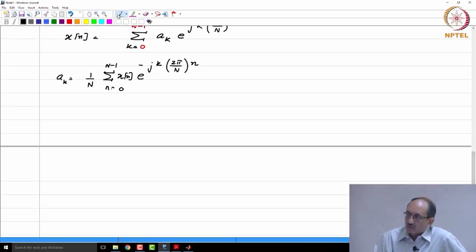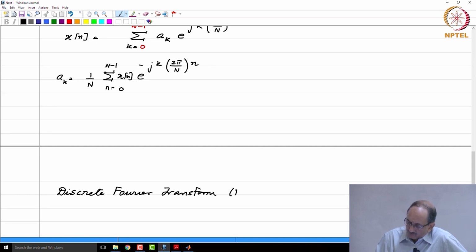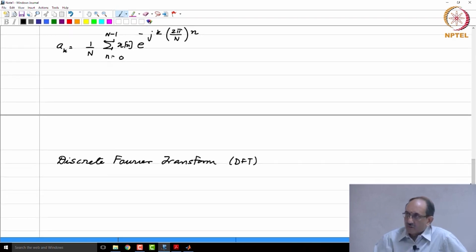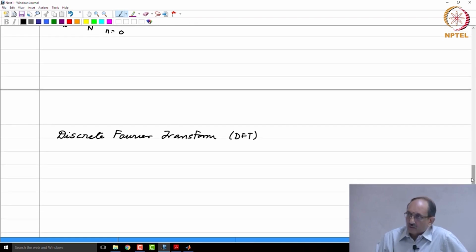Now we are going to look at the discrete Fourier transform. And as I had said, this is DFT. So this has the potential to be the fifth Fourier series representation. Let us now define this, then see how it looks, and then we will see whether it is the fifth Fourier representation that we are going to encounter.